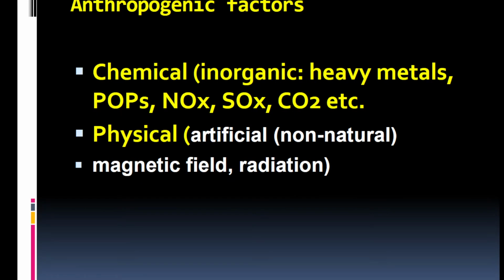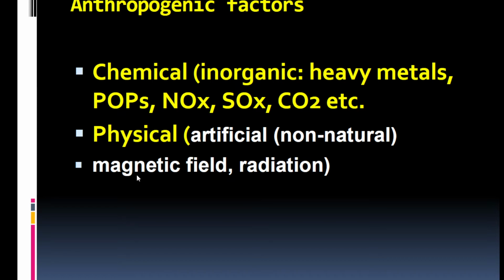Anthropogenic factors we can divide as well into chemical and physical in accordance with the nature of these factors. Chemical anthropogenic factors are, for example, such toxic factors as heavy metals, persistent organic substances, pesticides, and different chemical inorganic compounds: nitrogen oxide, sulfur, carbon dioxide, etc. And the physical factors, if we talk about anthropogenic nature, may be